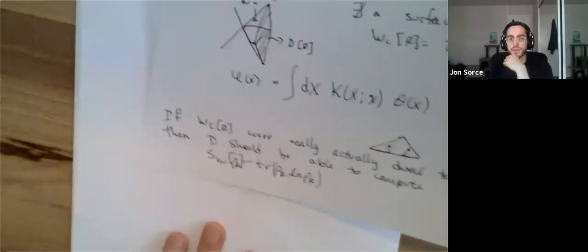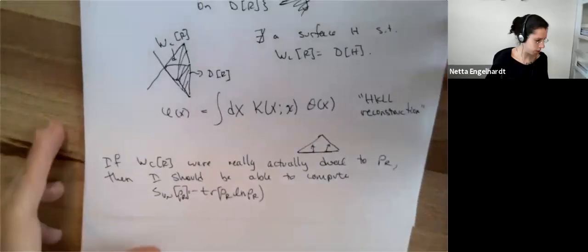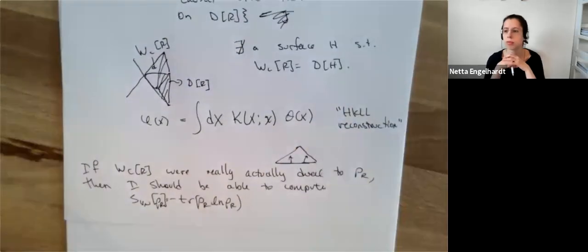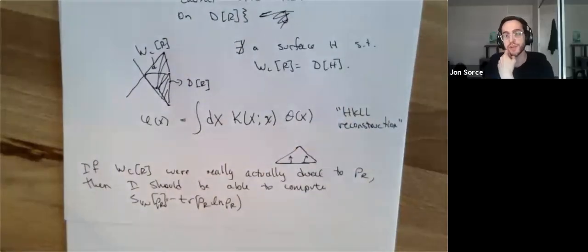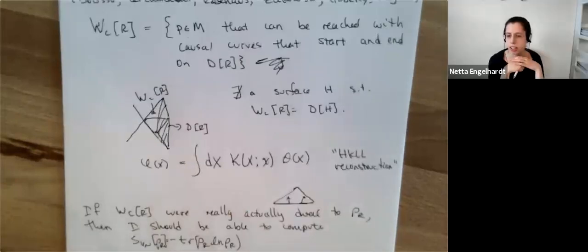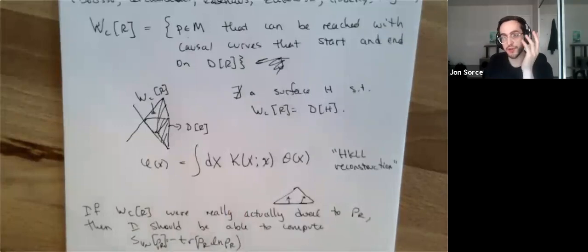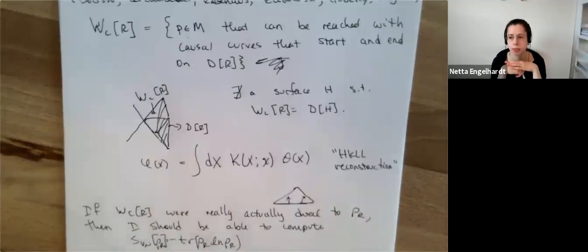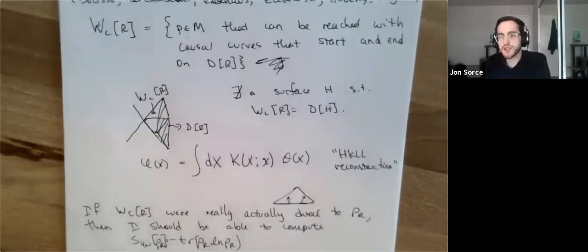Netta, could I ask a question about something on this page before you move on? Absolutely, go for it. So you said there's no codimension one surface such that the causal wedge is the domain of dependence of that surface? Generically, sometimes you can find one, but generically, right. But outside of the vacuum, if you have focusing or something. Right, yeah. Is the causal wedge causally complete? Is it its own domain of dependence?